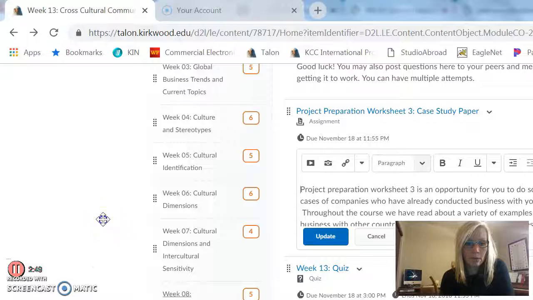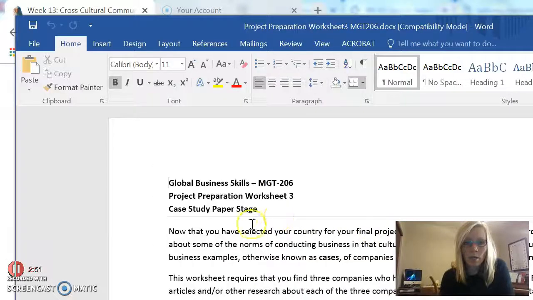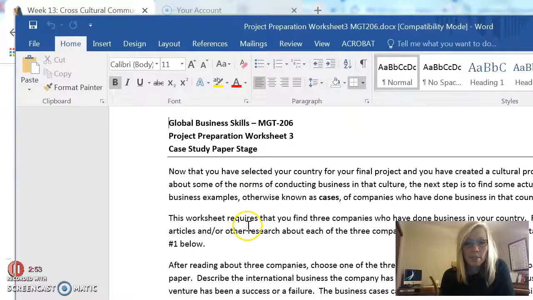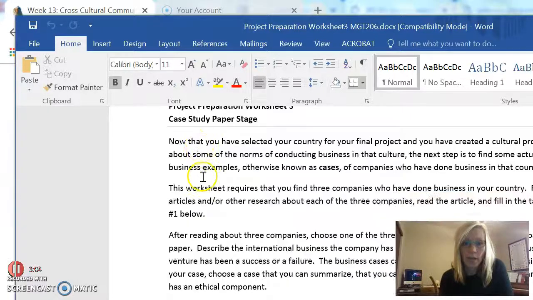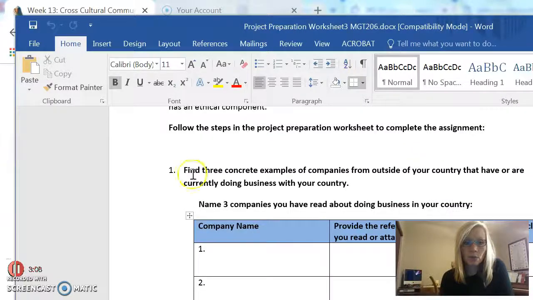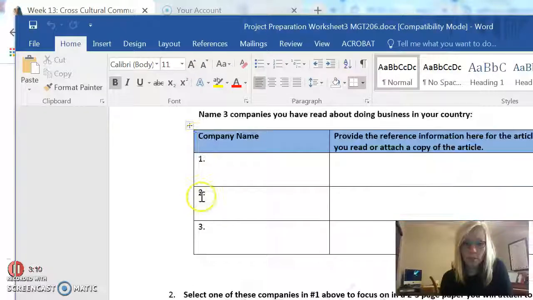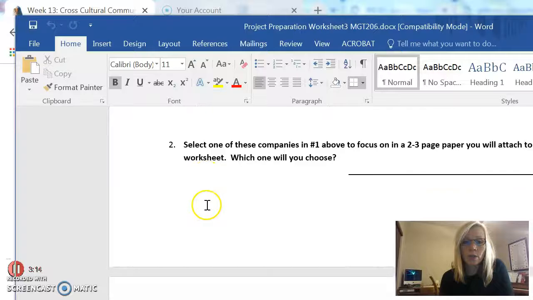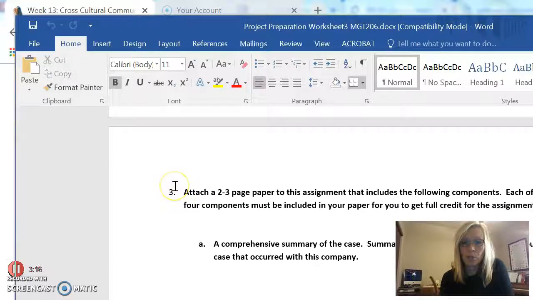Okay, just going to open that up. So cases, when you think of a case, those are basically business examples. So examples of real businesses doing business in your country. After you read 3 articles, then you're going to post those in this chart here and select one of the companies that you're going to then write a 2 to 3 page paper about,